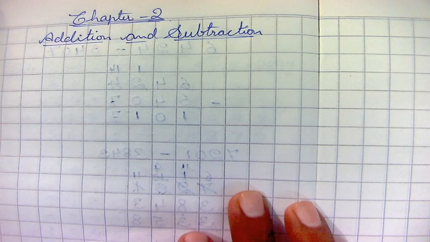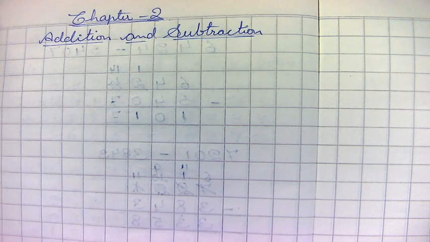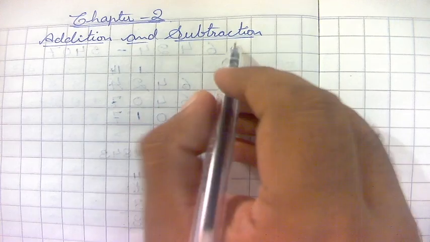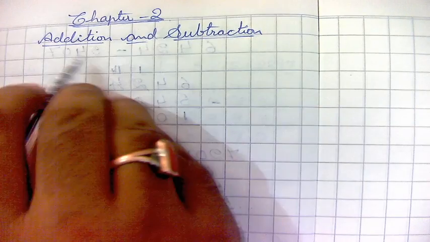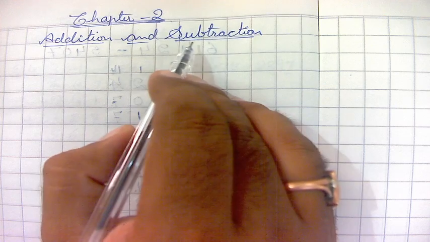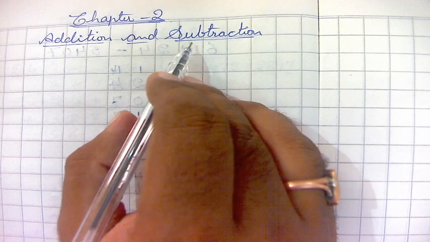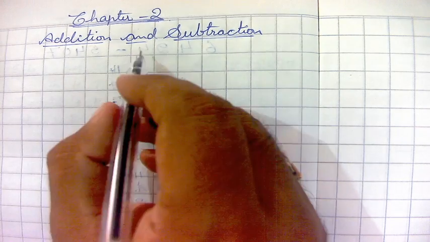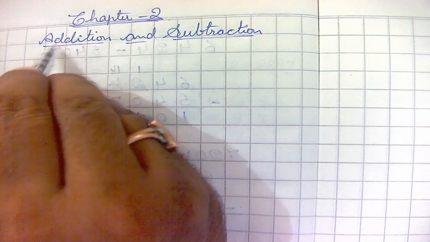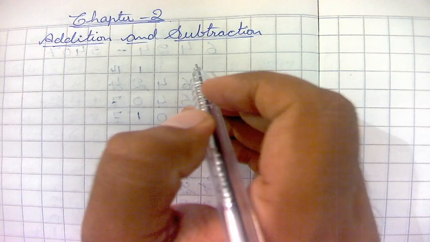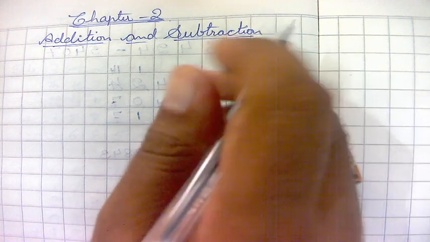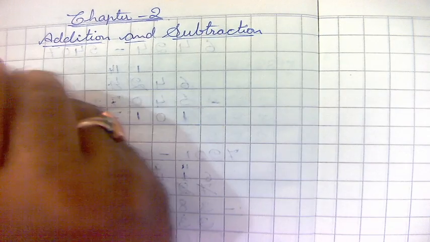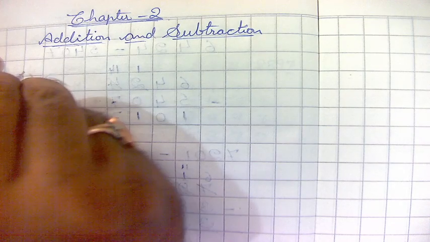Hello everyone, welcome back. So today we'll begin with chapter 2, addition and subtraction. In the previous classes you have done the questions based on addition and subtraction, that is up to 3 digit numbers. Now we will begin with 4 digit numbers. I'll explain to you how to add and subtract 4 digit numbers. It is nothing different, it is similar to what you have done with 3 digits. So let us just have some examples and I'll explain.